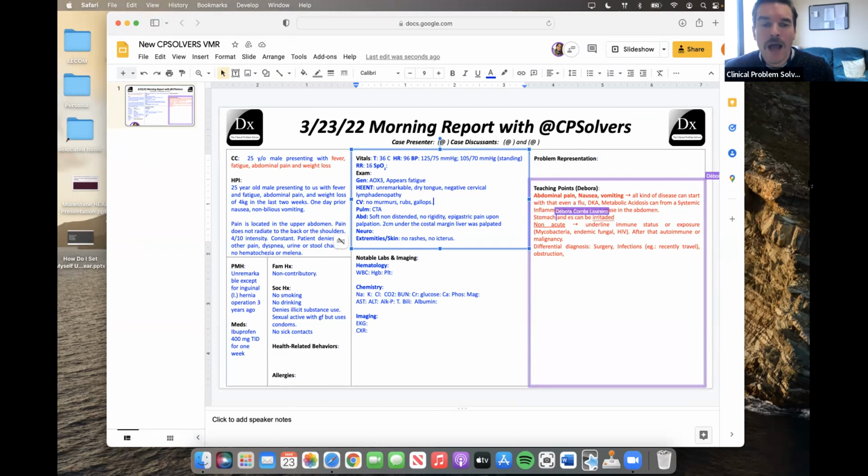And I think there are some scenarios in which we can buy ourselves out of cross-sectional imaging for somebody who's coming in with acute abdominal pain. One of those is going to be DKA, right? Because the DKA gives us a very plausible explanation for why the person is having abdominal pain. The other one is going to be acute pancreatitis, right? If we find that lipase is elevated and they have abdominal pain compatible with pancreatitis, we don't necessarily need to get cross-sectional imaging in all of those patients. And the third one is going to be if we have a very plausible explanation of gastroenteritis, right?